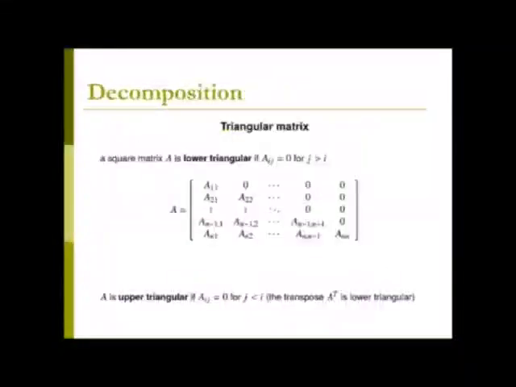Let's summarize the QR decomposition or QR factorization. Consider a triangular matrix, where A is a square matrix. The lower triangular matrix is indicated with A11, A21, A22 up to An1, where all the upper triangular elements are 0 and the lower triangular elements are present. Similarly, if A is an upper triangular matrix, then Aij equal to 0 for j less than i. The transpose of an upper triangular matrix is a lower triangular matrix.